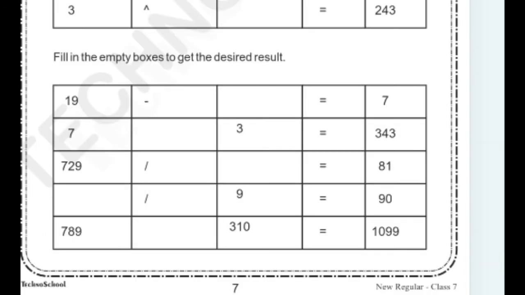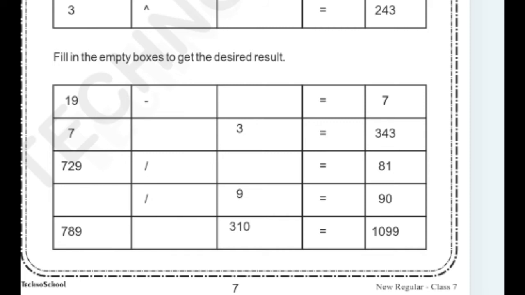It's a simple one. Arithmetic operators we have to find here. So 19 minus 12, or something like that. We have to find the values of difference, division and modulus here. It's a simple activity. You can do this activity. Just observe this table and look at the values here. You can find the answer.